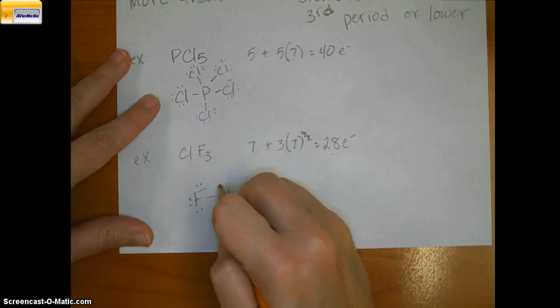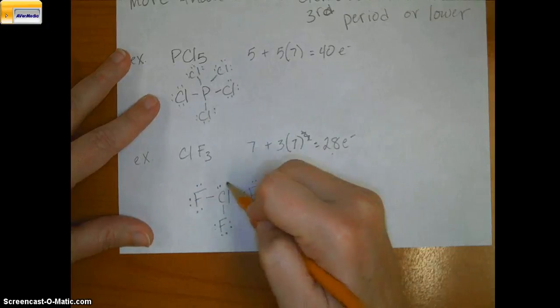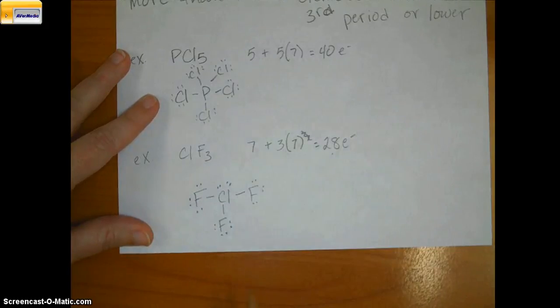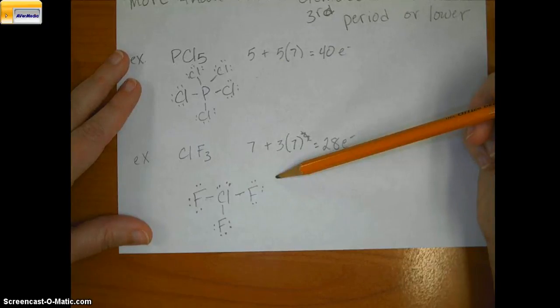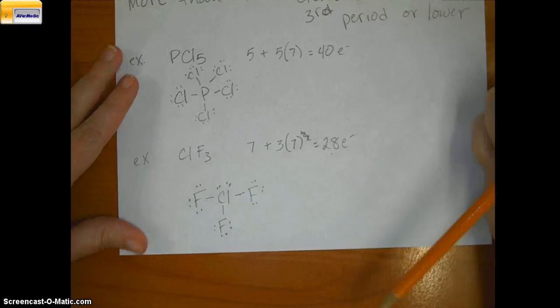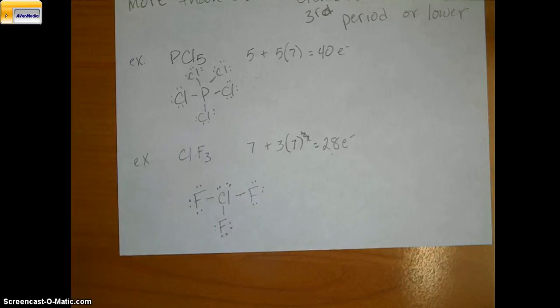We know we can put 2 on the chlorine, that makes 8, but we're going to have to put the other 2 on the chlorine as well. So now the chlorine has 2, 4, 6, 8, 10 electrons. It can have up to 12, but it has 3 single bonds, 2, 4, 6 electrons, and then 2 lone pairs, which makes the last 4 electrons. So sometimes you have more than 4 bonds. Sometimes you have 2 or 3 or 4 bonds plus lone pairs that can make more than 8 electrons around the central atom. So those would be some exceptions of octet rules.